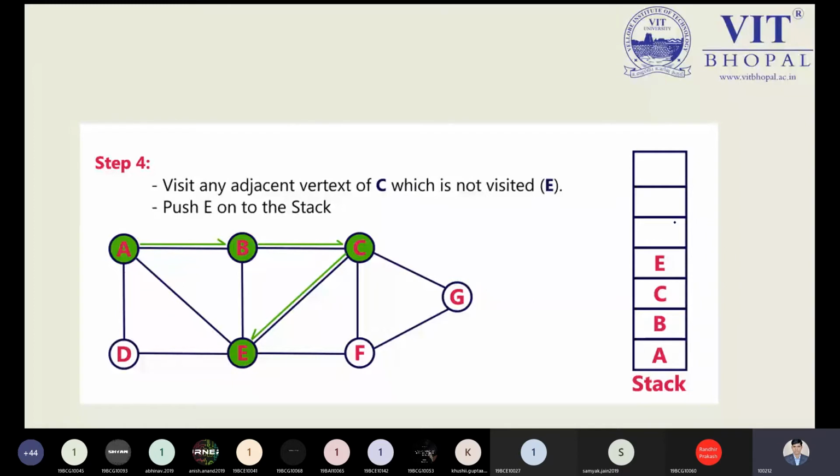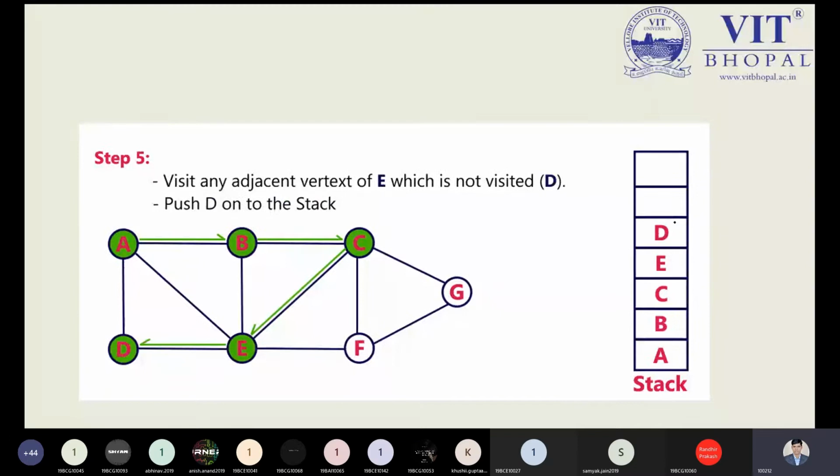So avoid the loop, because after implementing the graph traversal concept, we must have a spanning tree, and the spanning tree can't have a cycle. So this is the point we need to keep in mind. If I'm picking F, there is some chance I can follow the loop. So it is a better idea to avoid the loop. The value I should pick is E. So while solving the question, you need to keep all these points in mind.